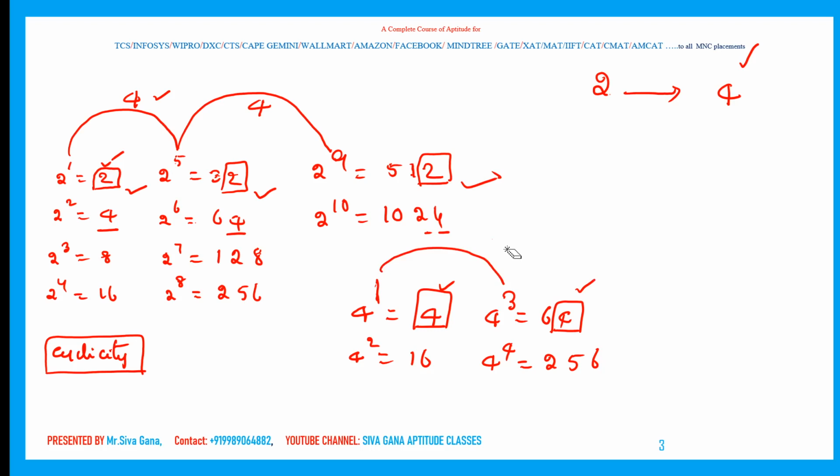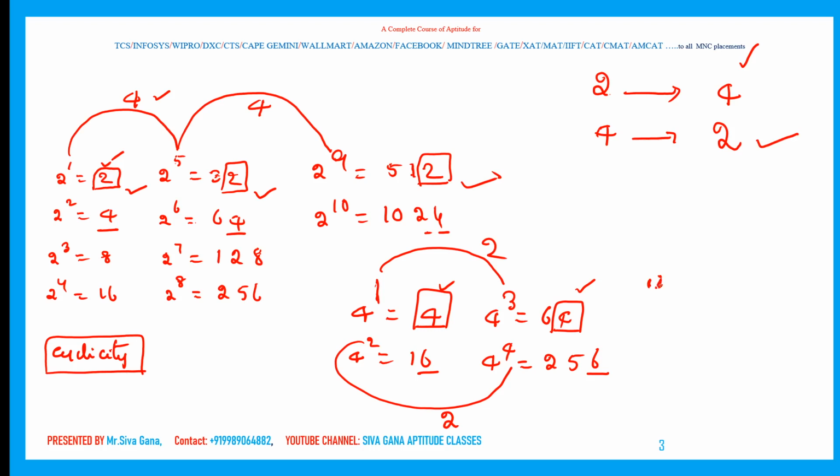After 2 powers. Let us see here also. Unit digit is 6, unit digit is 6. Now power 2 to power 4. After how many powers? 2 powers. Which means for the digit 4, for every 2 powers, the unit digit is repeated. Therefore, for the digit 4, the cyclicity is, sorry, 2.